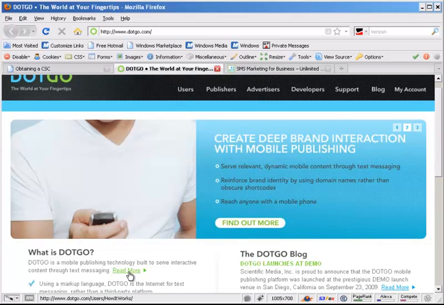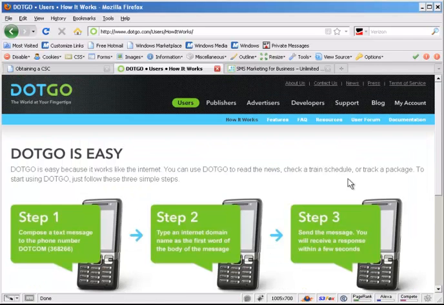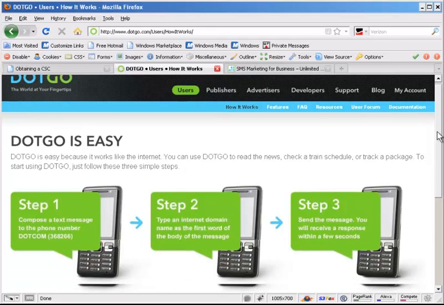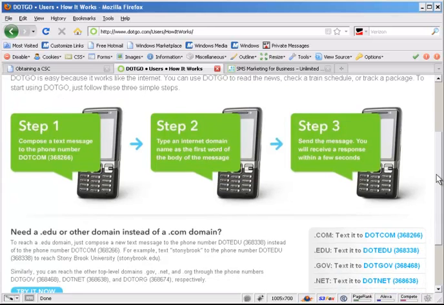I want to find their simulator. I'm clicking on the read more link here on the home page. Page is taking a little while to load. So I basically just clicked on the read more link from the home page at go.com,